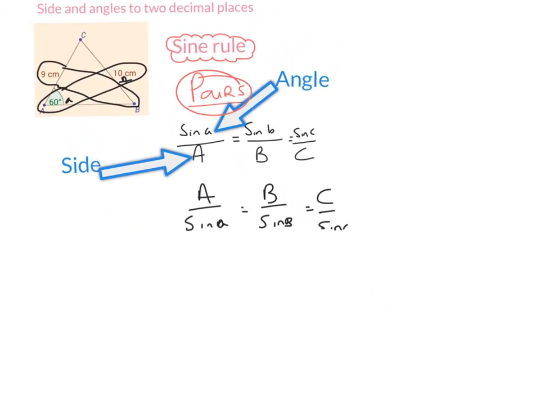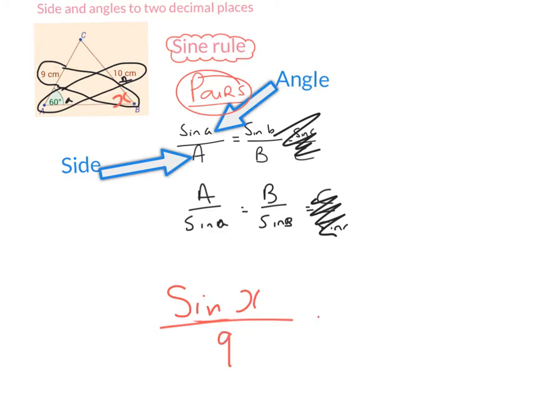Now you might ask, well, which one do I use? Do I use this one or do I use this one? We don't need the sine C because we're just focusing on 4 pieces of information here. And so I always say, always put what you're looking for up in the top. So I'm looking for, we're going to call this x, and it is an angle. So I'm going to use the angle on top here. So I'm going to say the sine of x all over its pair, which would be 9, equals, and then remember this pair has to be the same. So if I've gone for the angle on top, I must continue to go for the angle on top. So I'm doing sine of 60